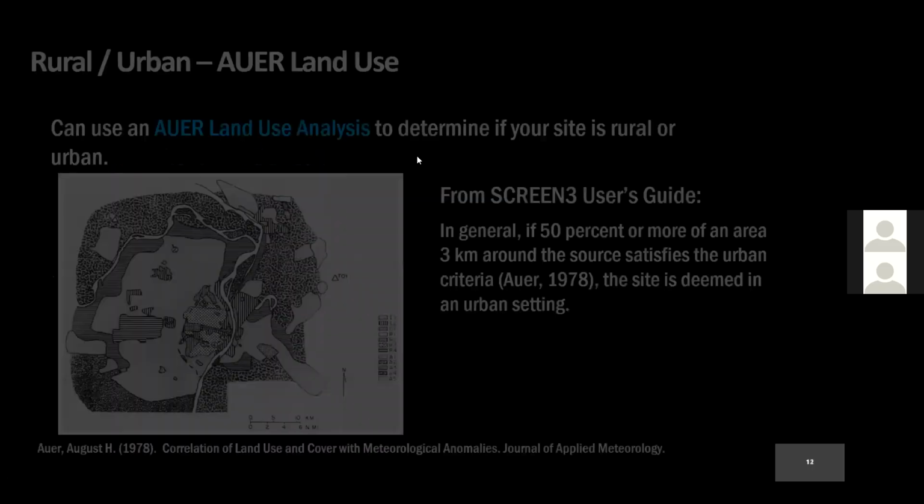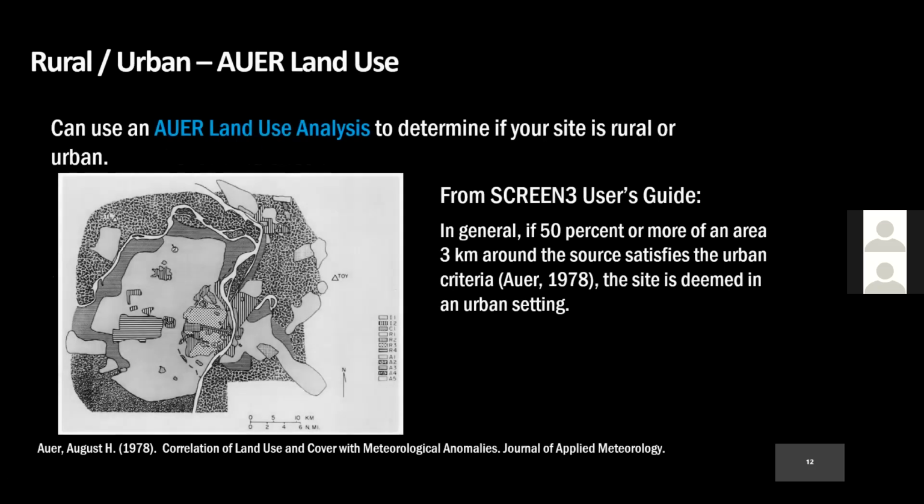And that's what that urban-rural option is meant to take into account. So the question is, how do you know if your area is rural or urban? Technically, you are supposed to do something called an AUER land use analysis. If you want to do an AUER land use analysis, you basically take a map of your area and look